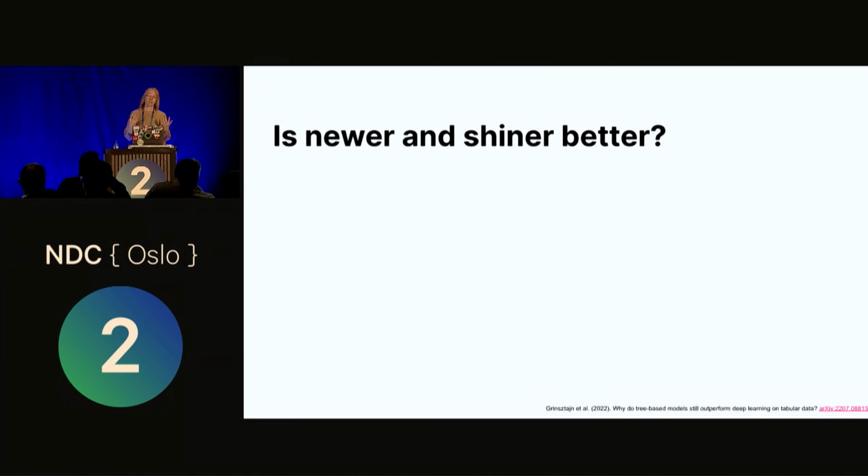Okay, so when I first started getting into machine learning, I had this impression that newer and more complex and shinier models were better. And this was quickly dispelled, and this is such a common assumption that it has its own name, the no free lunch theorem. Different models have been optimized for different data types and different problems. So you can't just throw, say, I don't know, a 175 billion parameter transformer model at any problem and expect